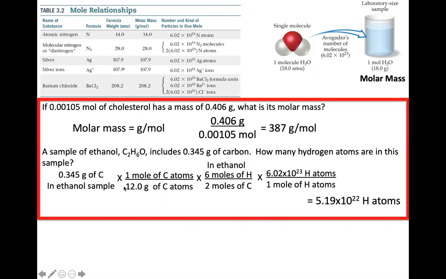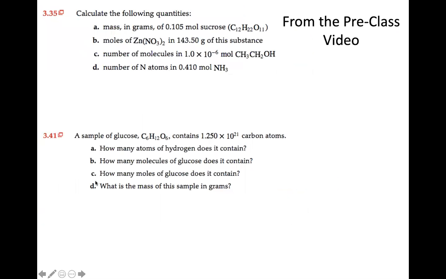The second example right here, where you have to use dimensional analysis, is a very typical one. So I want to give you some examples so you can begin to practice that and see how this idea comes together for you. In the pre-class video, at the very end of it, I shared a couple of examples. Both of these are in that category of being able to look at the formula, think about how many atoms were present, and look at the various relationships. If you want to share ideas with me on these questions, I'll be very happy to. These would be ones to begin to practice where you're applying Avogadro's number with dimensional analysis.